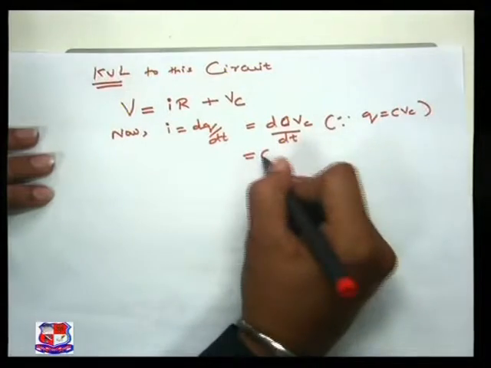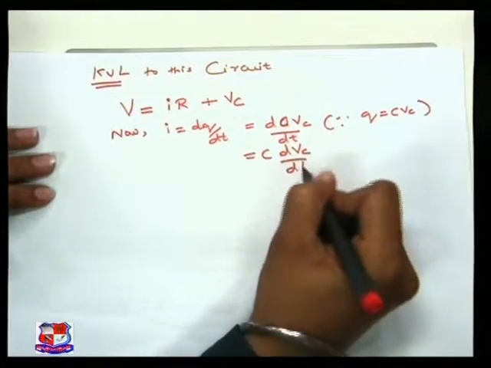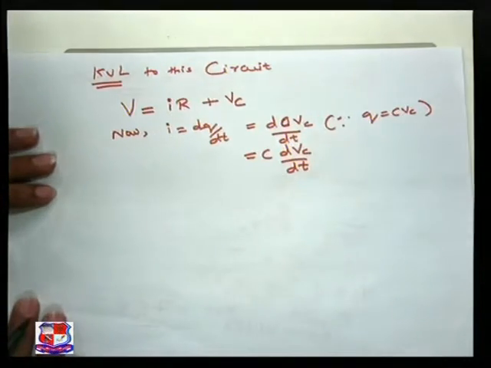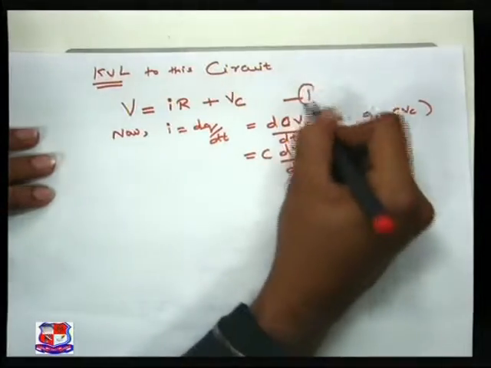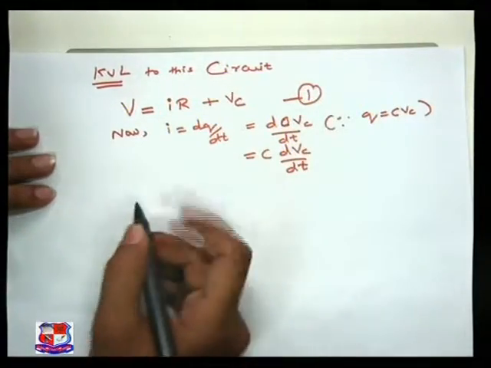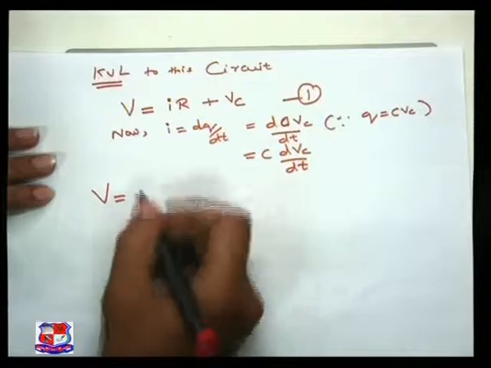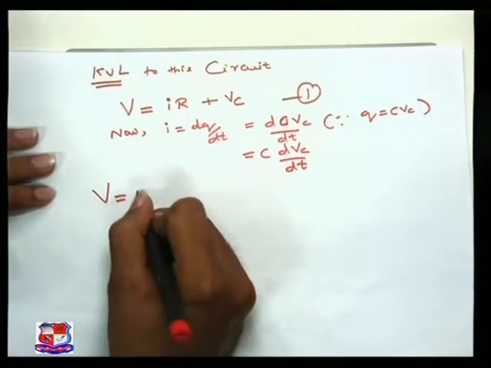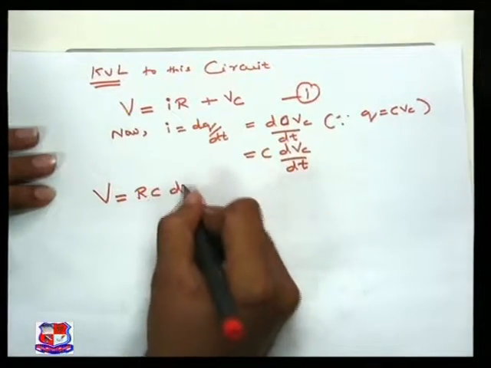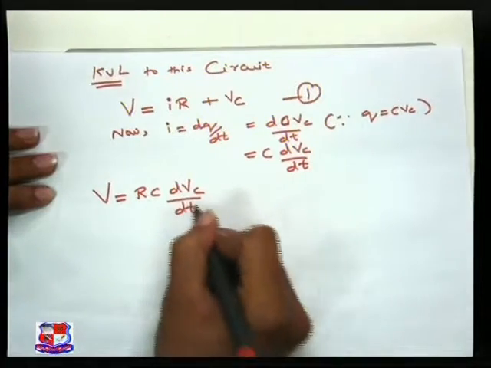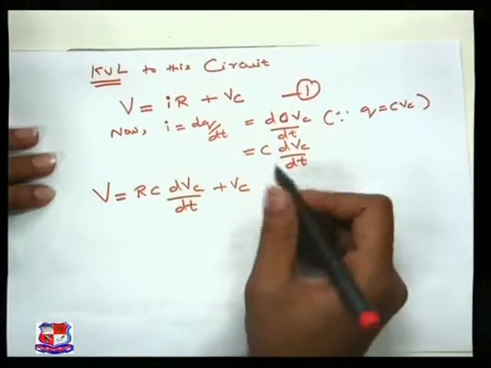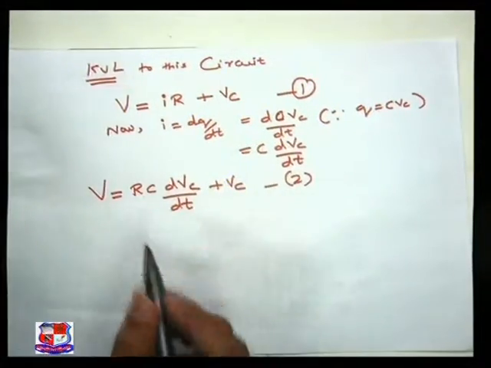So I can write I as C dVC by dt. So I am putting this value of I in the first equation. So we will get V equal to RC dVC by dt plus VC. So this will be the second equation,